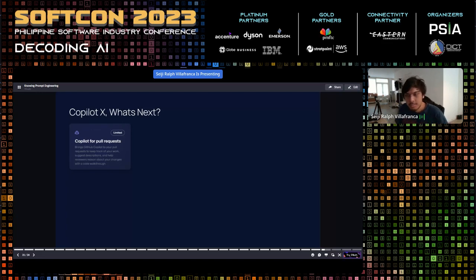You don't have to write the descriptions. It will base only on the changes that you have in your pull request, and also help reviewers reason about your changes with a code walkthrough. Then there's also Copilot Chat already, so it can actually guide you. It's like the basic Copilot, but you can chat in VS Code already,